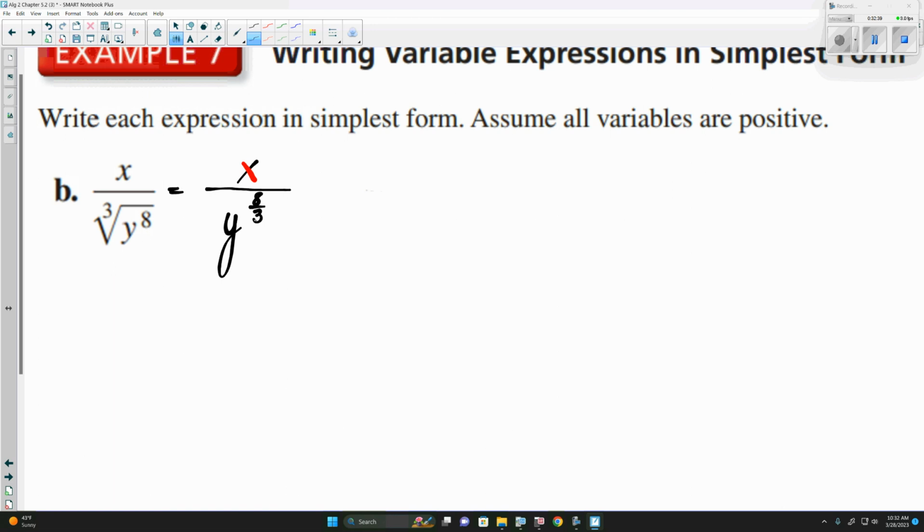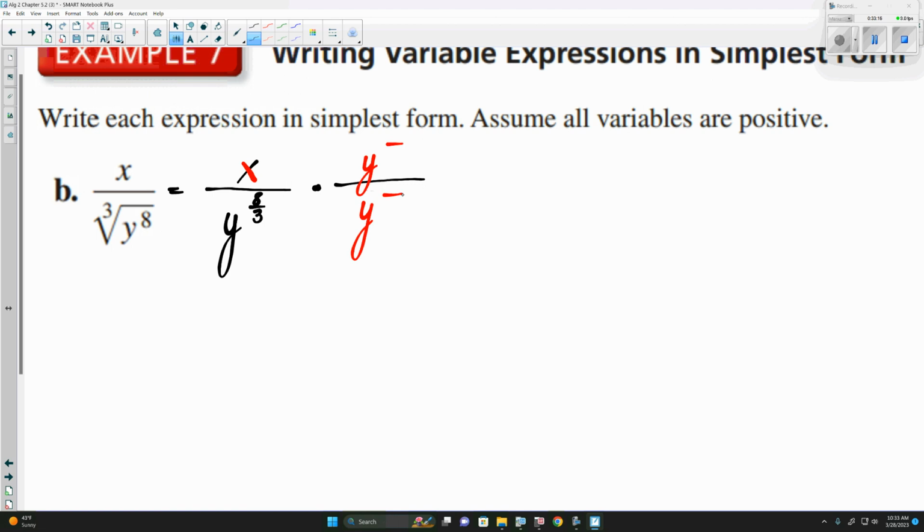But we need this to simplify. We need the radical in the bottom of the fraction to simplify. We need that fractional exponent to not be fractional anymore. We need the fraction to reduce. Does 8 divide by 3 evenly? What is the next number after 8 that would divide by 3? 9. How many are we missing? So what we can do is multiply the top and bottom of this by y